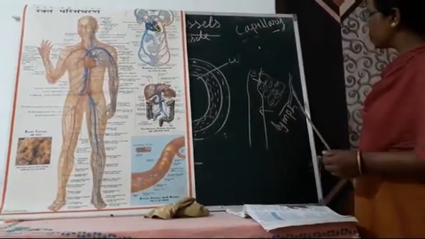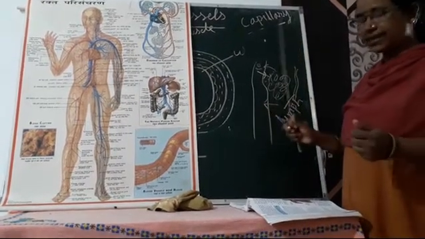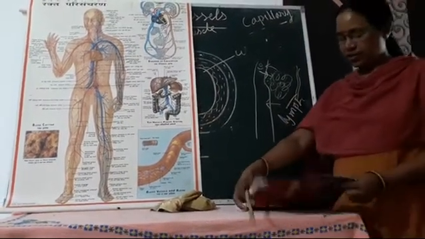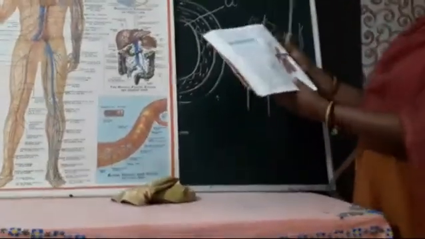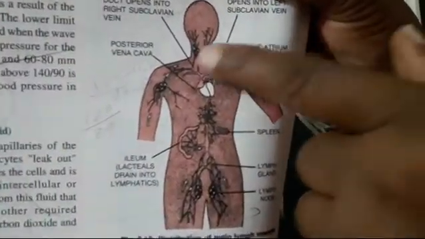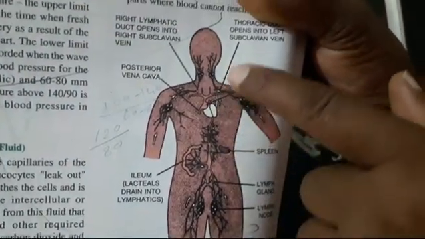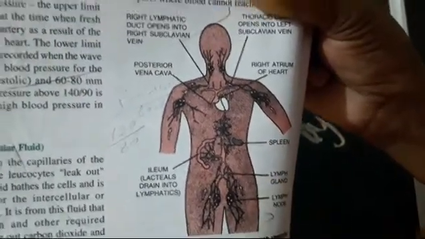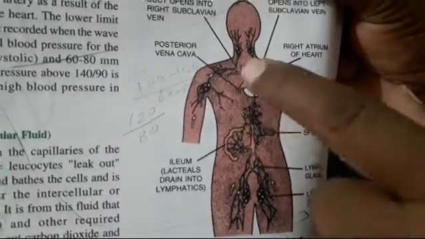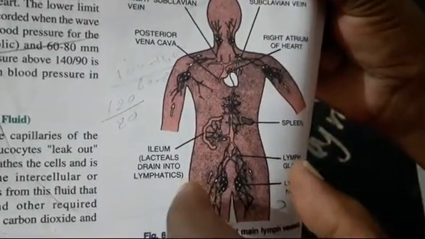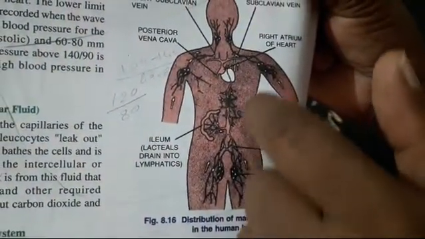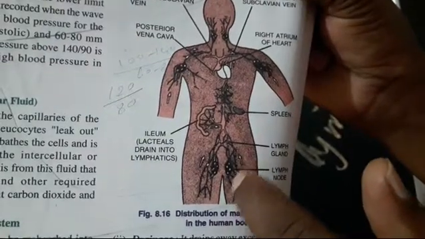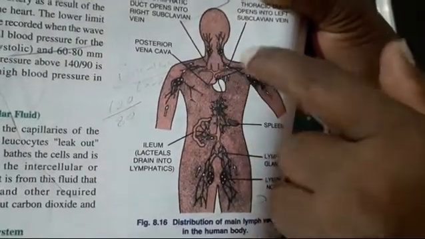So this lymph flows in the lymph vessel. There is another channel. Here you can see, I will show once in the book, the other channel present here, that is the lymph vessels. So this lymph fluid flows in this lymph vessel by the contraction of surrounding muscles. When surrounding muscles contract, this fluid flows in this vessel, and on the way there are some lymph nodes